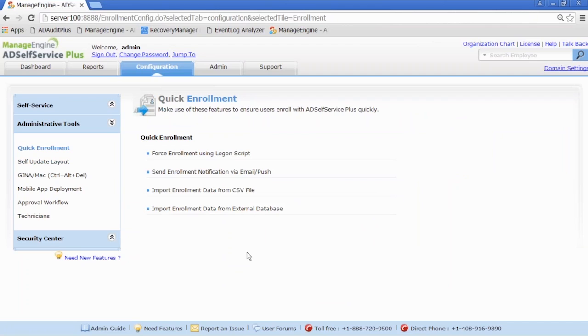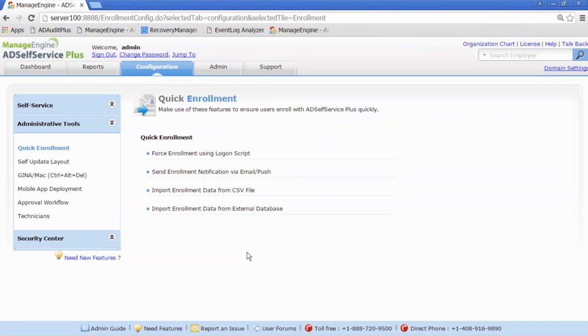You can also import data from a CSV file. If you already have information, you can just import it from the CSV, or if you have another system, you can get the data from external databases if you have the information in that format.